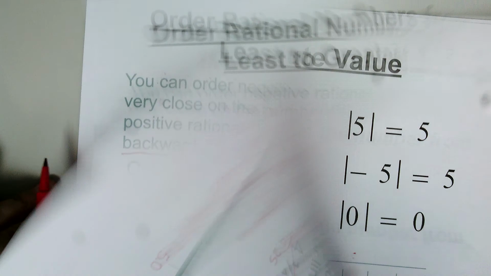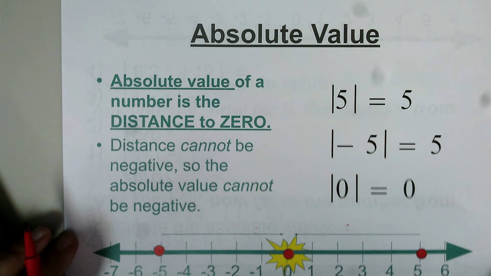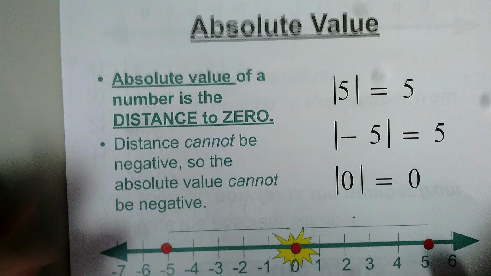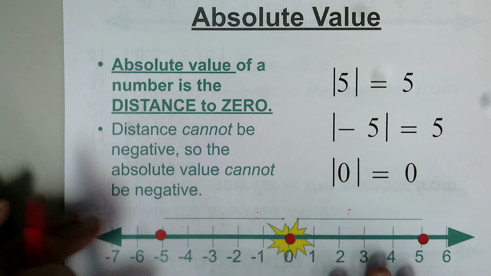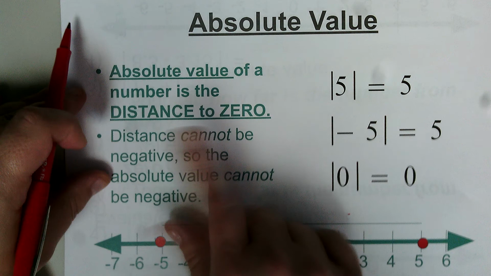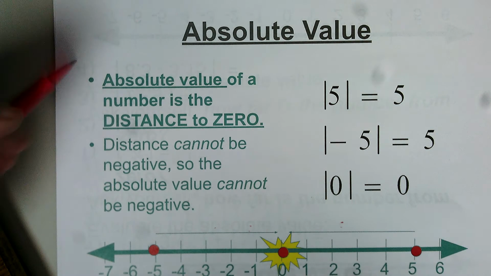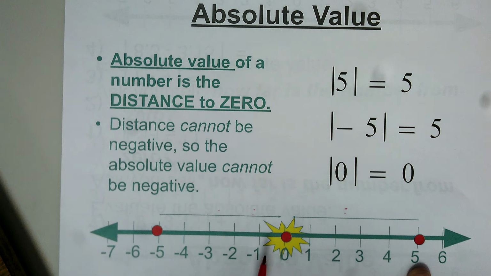Which brings me to the next thing we're going to talk about, which is the distance from 0. We're going to talk about absolute value. And we're going to talk about opposites in just a minute, but let's start with absolute value. The absolute value of a number is just its distance from 0, guys. So on a number line, if you have the number 5, the absolute